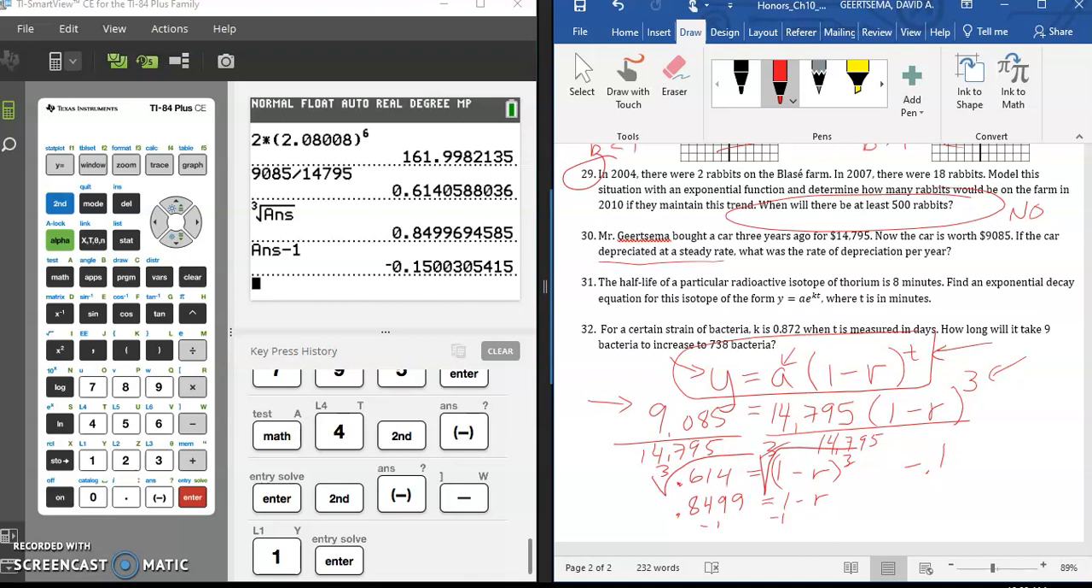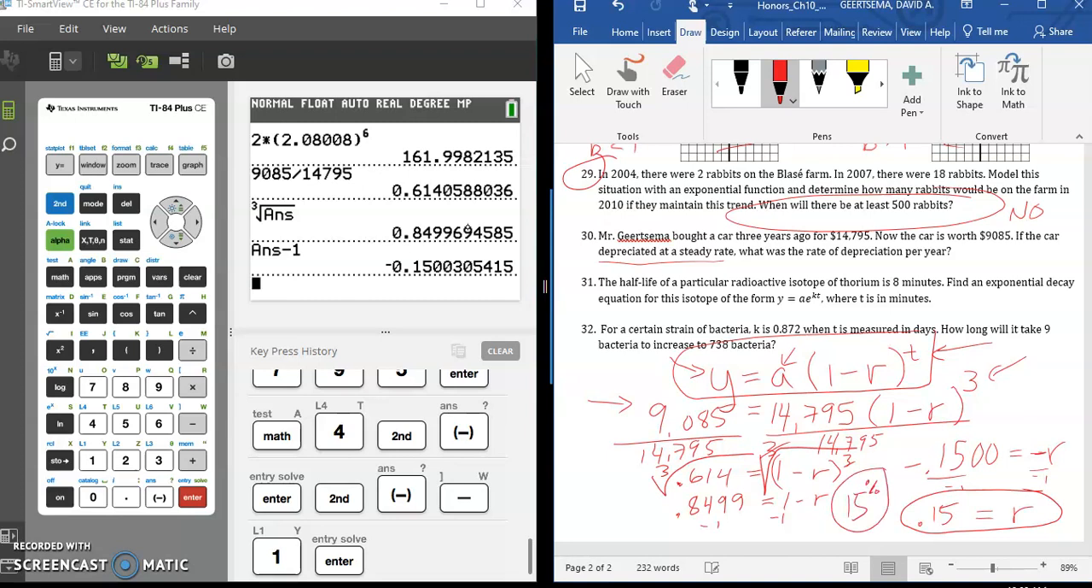So we got down to here where we have, if you look at my calculator over here, you'll see I have negative 0.1500 equals negative r. Now obviously they're both negative, so I can just divide by -1 at this point. So r equals 0.15. So really the answer to this problem is the car is depreciating at a steady rate of